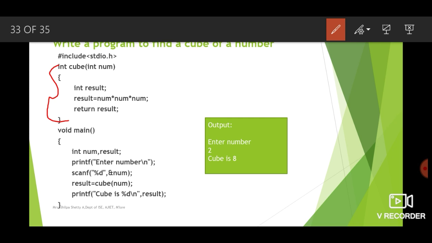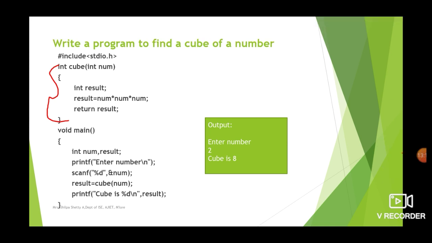So let us declare a variable called result to store the result, that is the cube value, for which we declare a variable called result. Then we will find the result as num into num into num. That means if the value 2 is passed, then 2 cube is 2 into 2 into 2. So we are multiplying 2 by 2 3 times. Similarly, if the number is 5, then result will be 5 into 5 into 5, that is 5 cube 125. So once the cube of the number is found out, the result is written in the variable result. So return result.